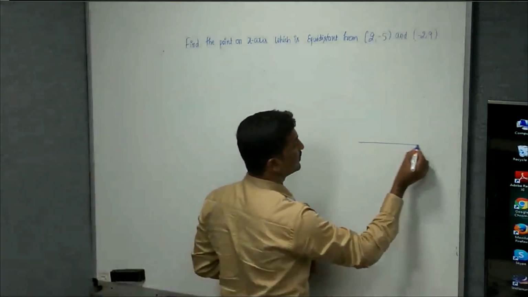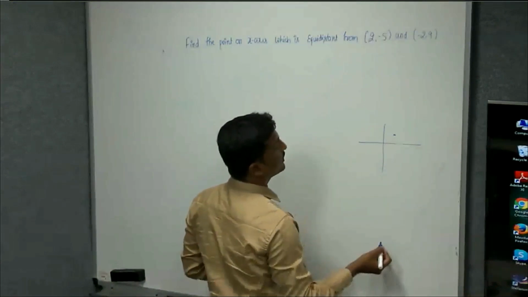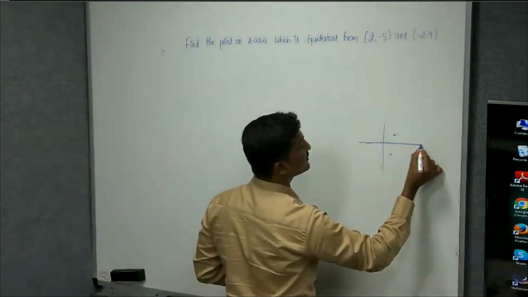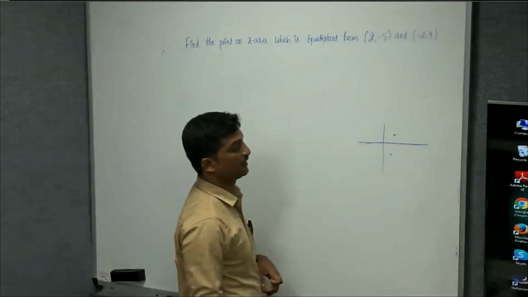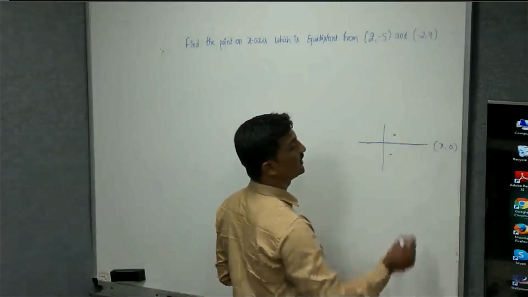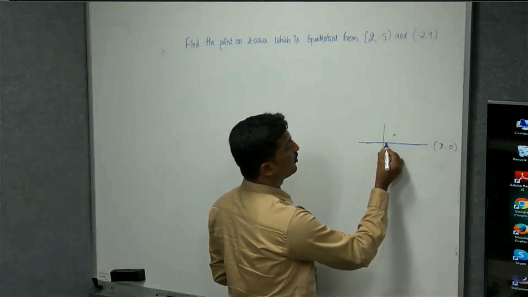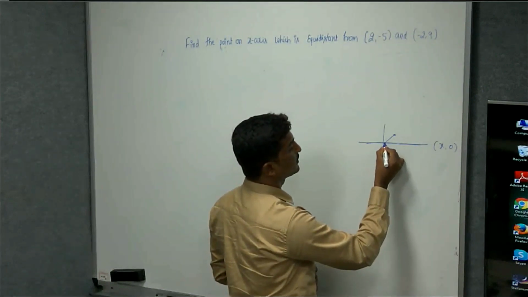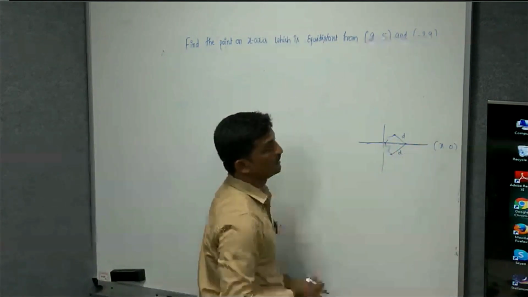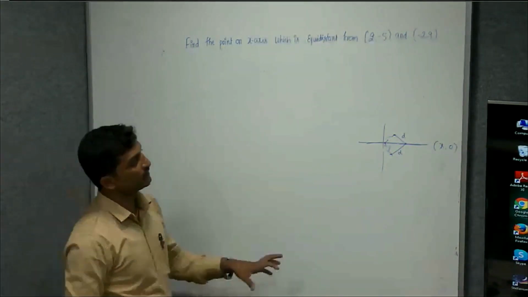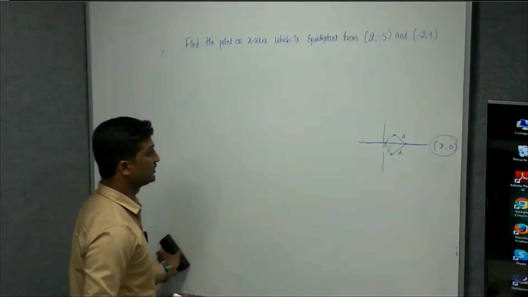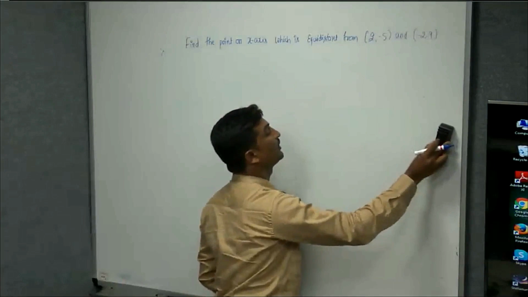Let us visualize this one. Now, there is one point here and one more point somewhere here. So now we need to find some point on x-axis. You take any point on x-axis. What will be the coordinates? The coordinates will be like this: (x, 0). The y coordinate will be 0. Now there is some point here like this, or there may be somewhere here like this. These two distances are equal. They have given equal. Okay. Now we need to find out the coordinates of this point. That is the question. So that's the visualization. We will see how to calculate this one.